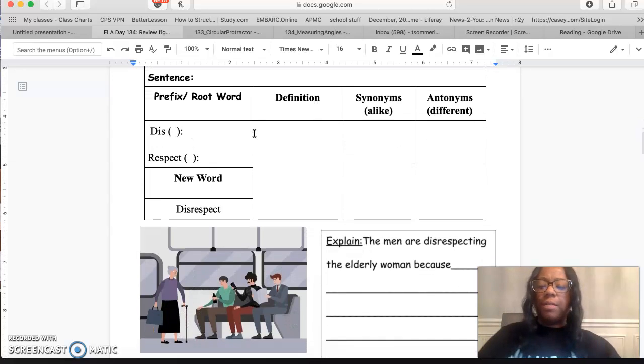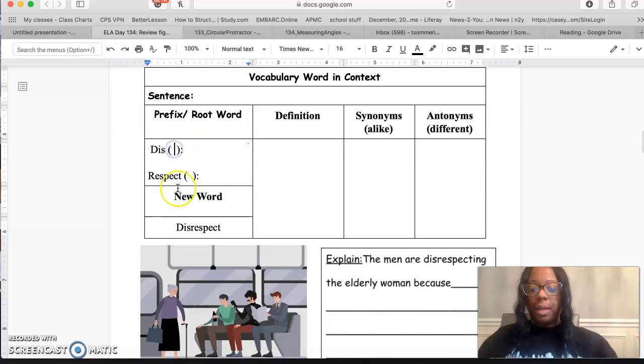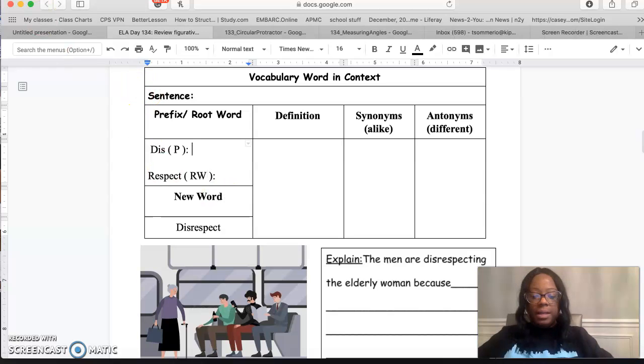The first portion of the word that we're dealing with is dis. That will be our prefix. Next, our root word is respect. When we mash these together, we come up with an entirely new word. But first, we need to define the parts of the word. Okay, so dis means not. A lot of times when we're dealing with prefixes, they often mean the same thing. Earlier this week, we used the word un, which also meant not. Now, if we're defining the word respect, we can look that up in the dictionary, and it means